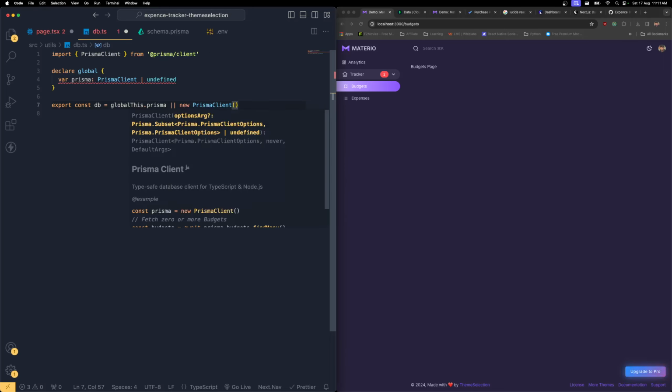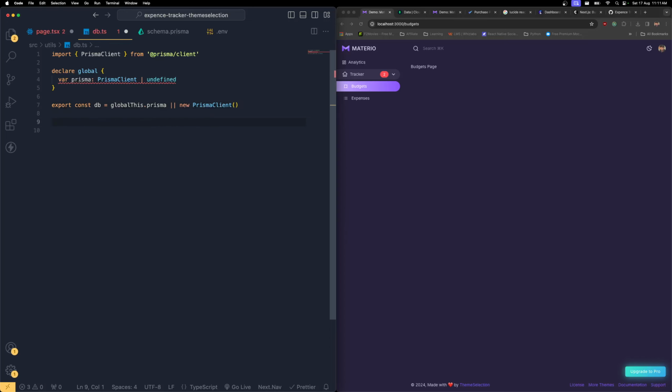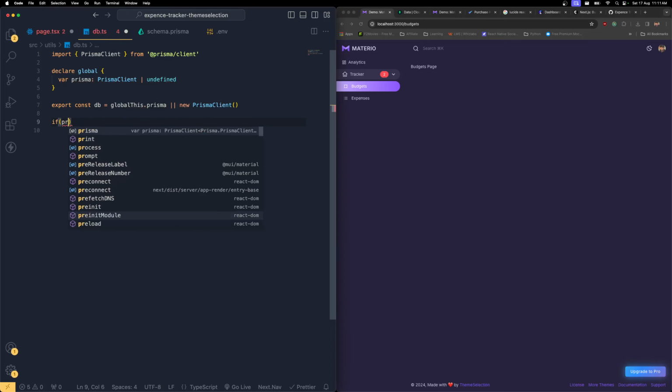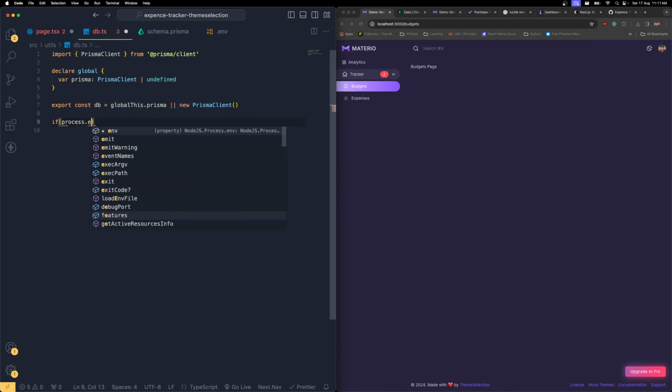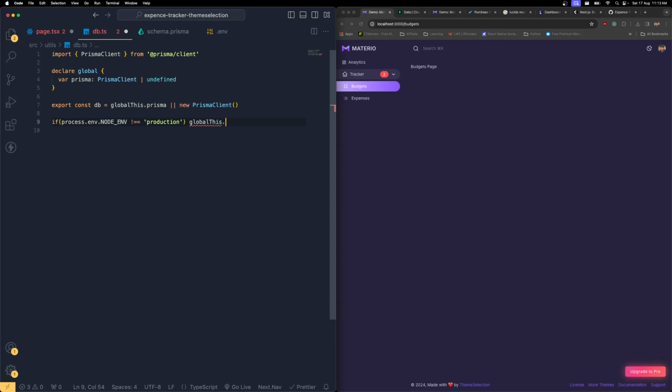Otherwise use that existing variable. If it is in production, so process.env.NODE_ENV, if that is not equal to production, in that situation you need to use this globalThis.prisma